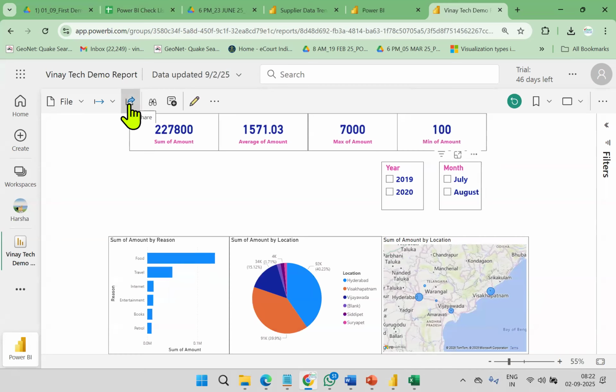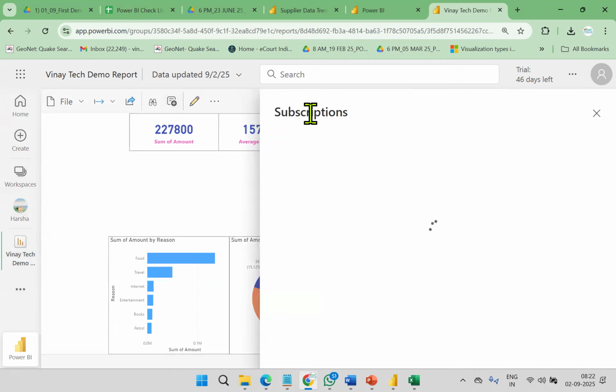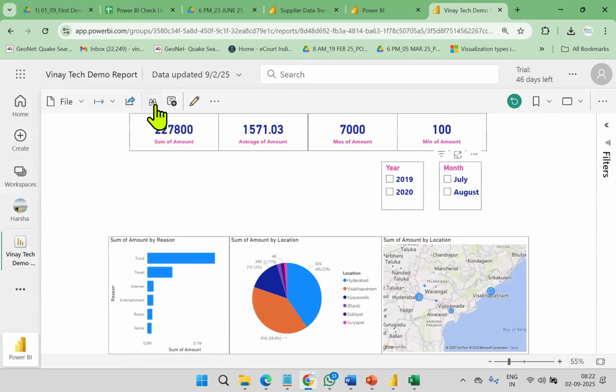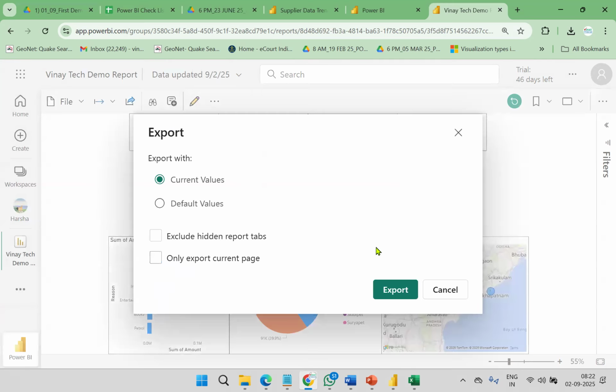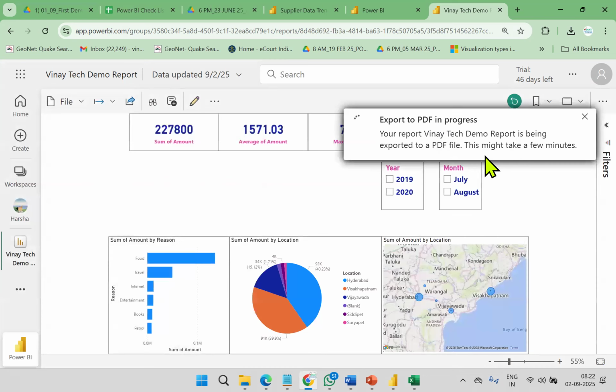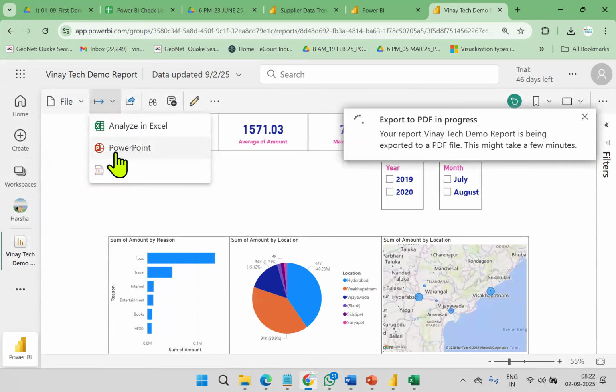On-demand sharing. And if you want to do schedule sharing, there is something called schedule sharing, time sharing. You can mention a time and share. It's taking time, no problem, we'll see it in the regular class. And you can export in PowerPoint or PDF format. The PDF formatted report you can share, the PowerPoint format you can also share, and Excel data.